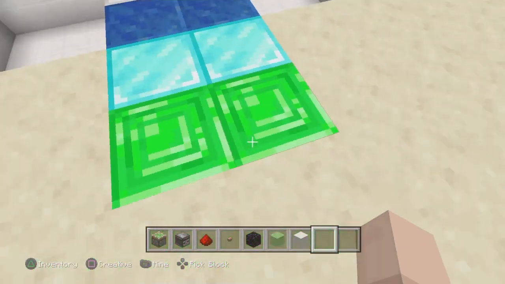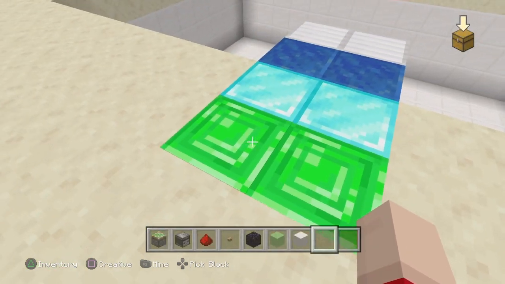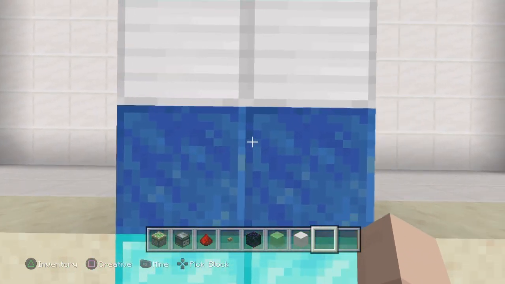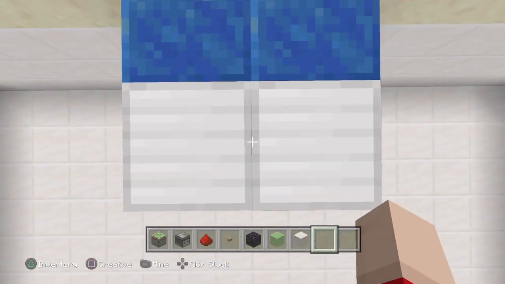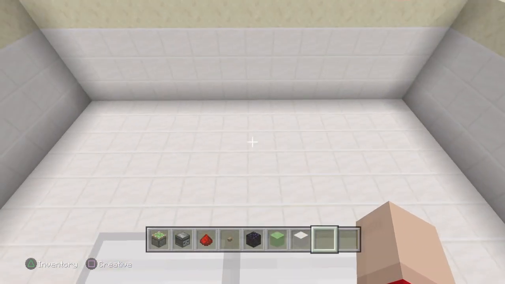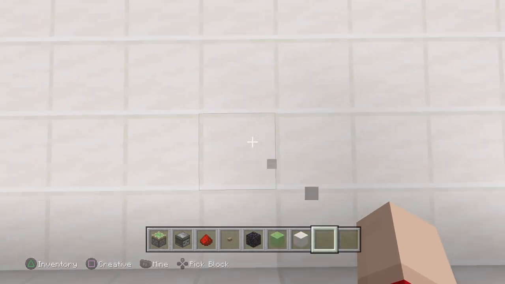Also, right here where the emeralds are will be where your buttons will be going to control the elevator. The diamond blocks are where your doors will be. This is just like a little walkway area to walk through, and then the iron will be where your actual elevator will be. So yeah, now that we have our little area ready,